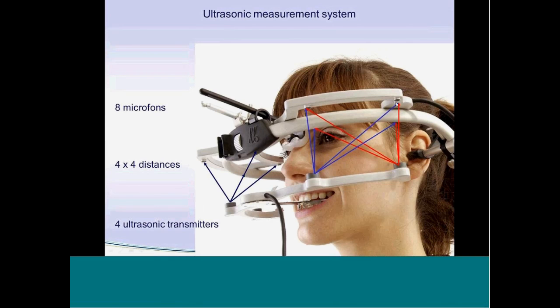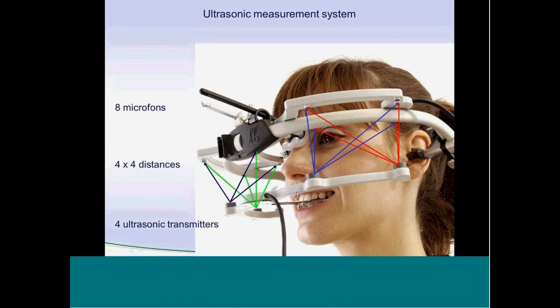That means from every transmitter we can get 4 different distances. From the traveling time we can calculate the distance. That means 4 distances here, 4 here, and 8 on the other side. That makes 16 different distances to get information about the position of the lower bow in relation to the upper one. And these measurements will be done 50 times per second, and therefore we can follow these movements in a very precise way.